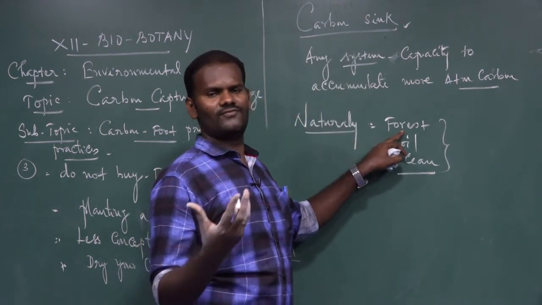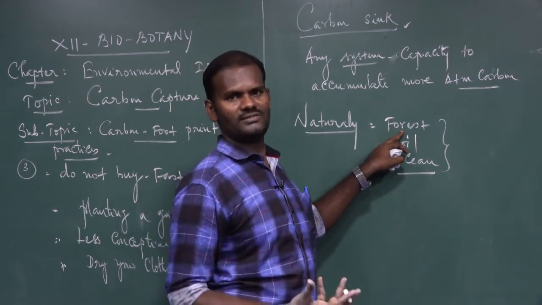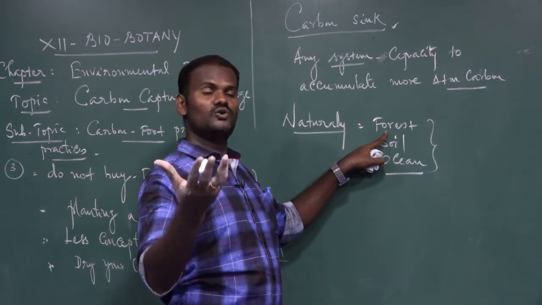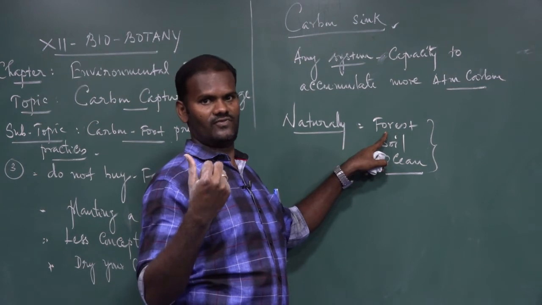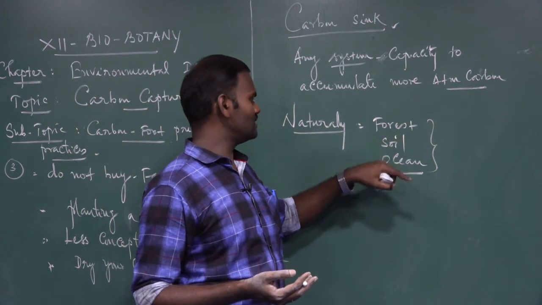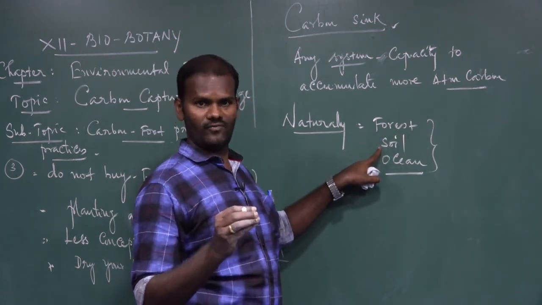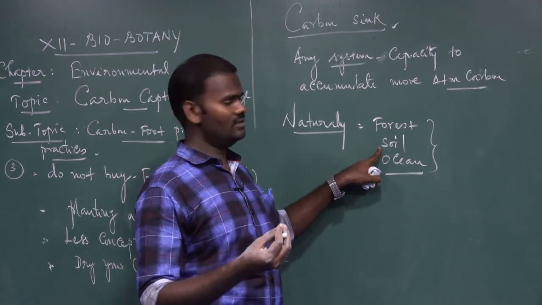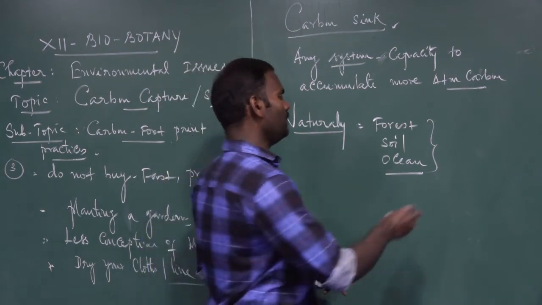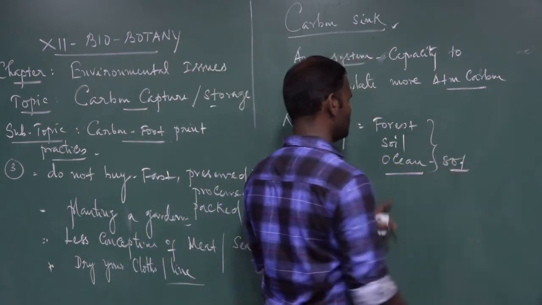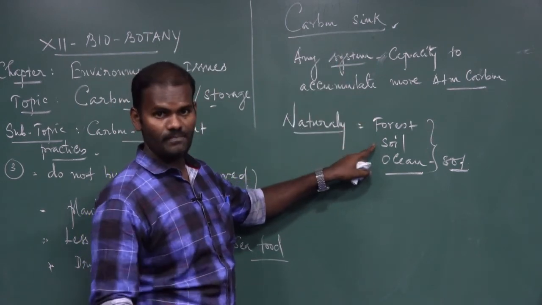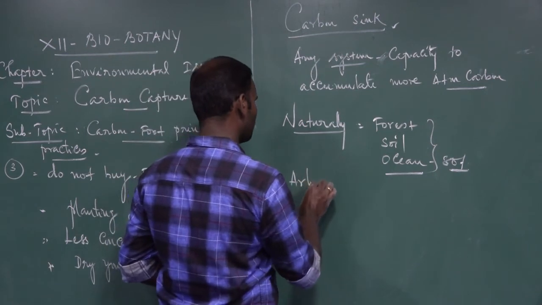Forest is a vast wealth source of plants. A lot of plants occur in the forest. We know that evergreen plants have the capacity to trap the carbon dioxide from the atmosphere, which is converted into carbohydrate through the photosynthesis process. So forest, soil sequestration, soil is a source for plants, where the plants are growing, for conservation of soil. Ocean: 80% of photosynthetic producers are present in the oceans. So these are the areas where carbon sinks occur naturally, but artificially it may also occur.